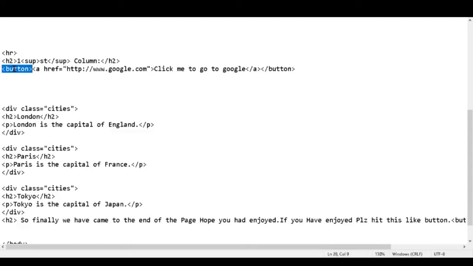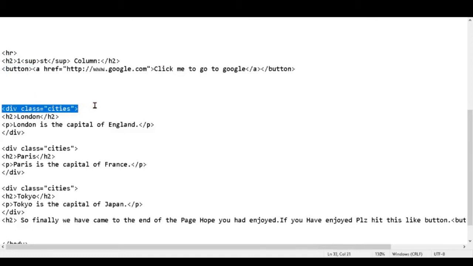So the button tag, this is used for a button. If we want to give some switch or button, we can understand it like this. Suppose a like button, then you can use this button tag. In this way the paragraph tag is used again, and different heading tags are used in this.